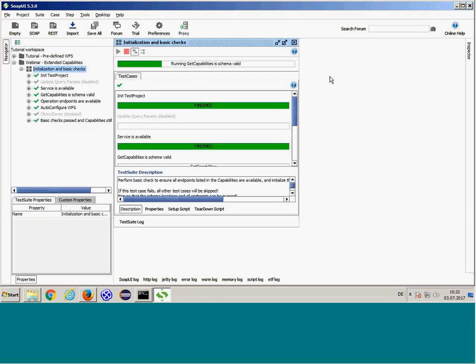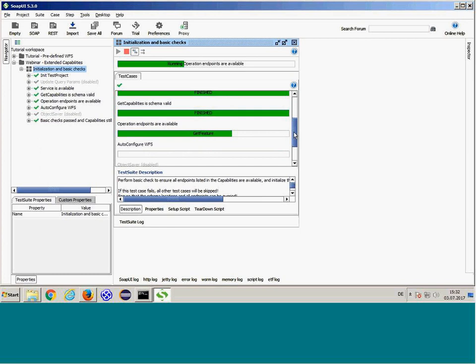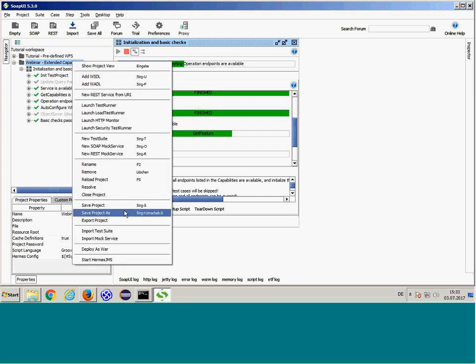What this test module actually does is check if the service is up and running, if the capabilities document is returned, and if the operation endpoints GetFeature and DescribeFeatureType are available. So this test is running.